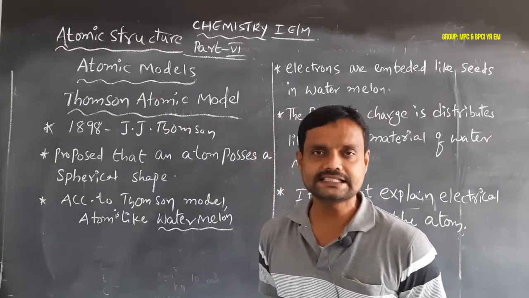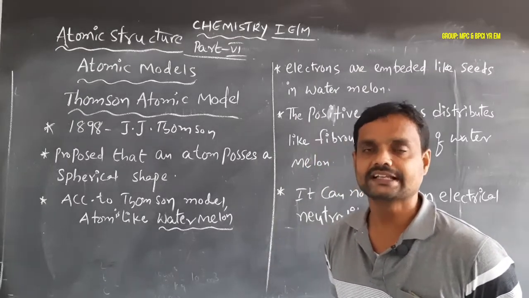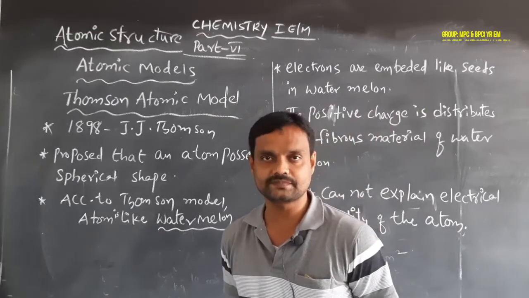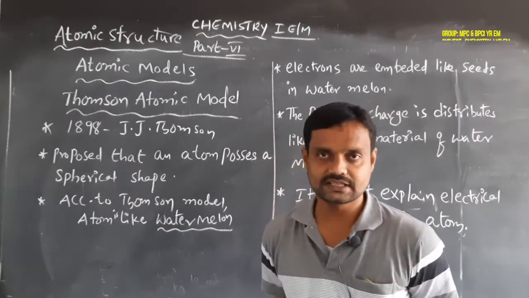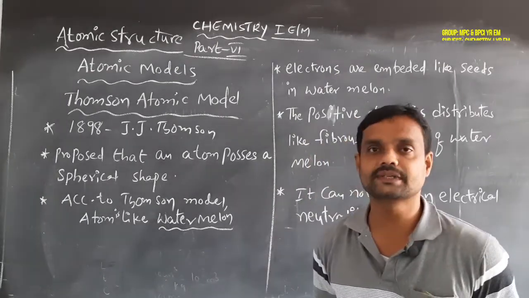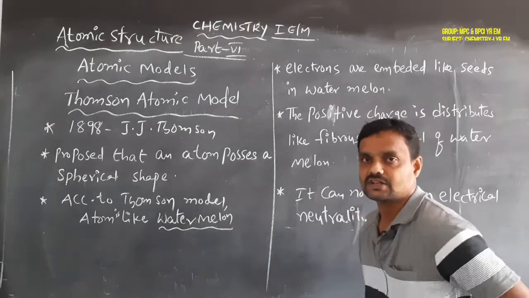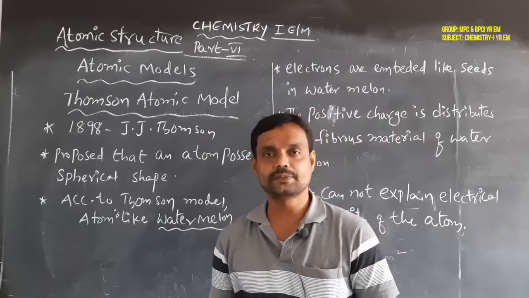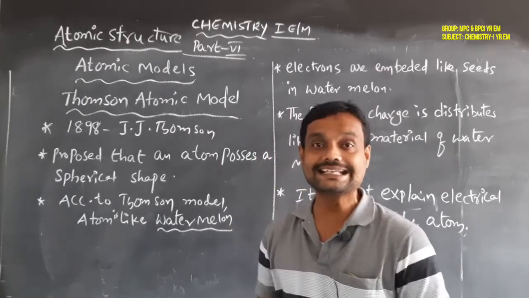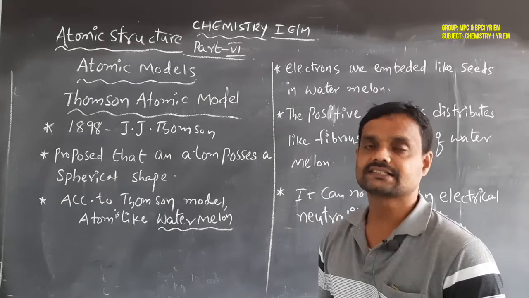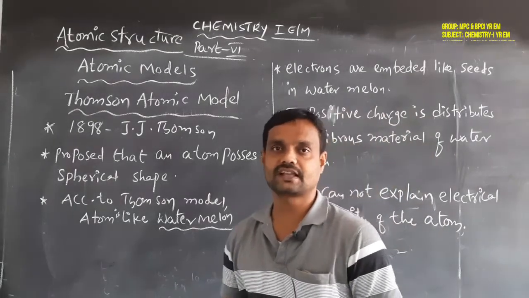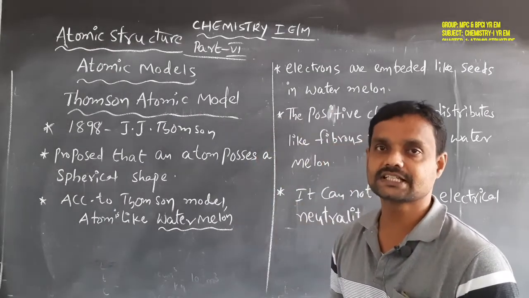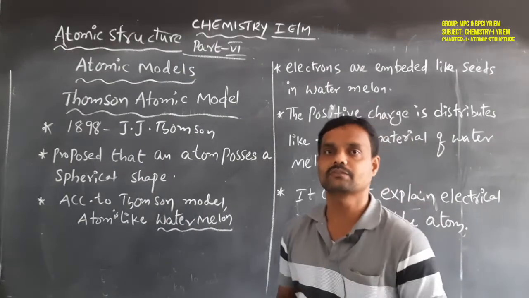Here, different scientists made assumptions and stated some important postulates about the atom based on those models. Simply, these are called atomic models. So what is the use of these atomic models? Simply, we can say how the atom is present and what its inner structure is. That means how the subatomic particles of an atom, electrons, protons and neutrons, are arranged in an atom can be explained based on the different types of atomic models.